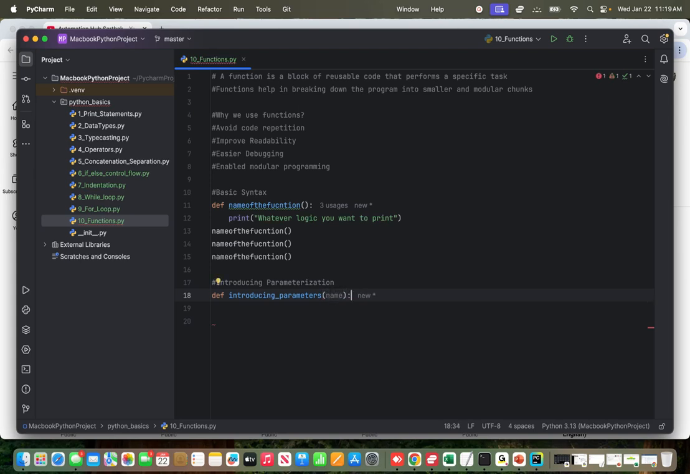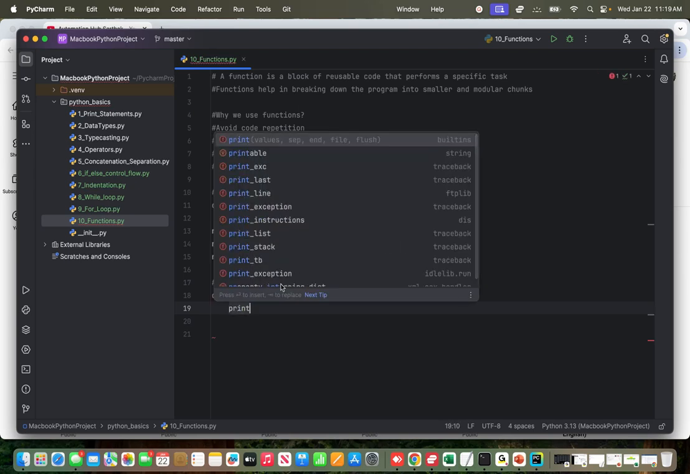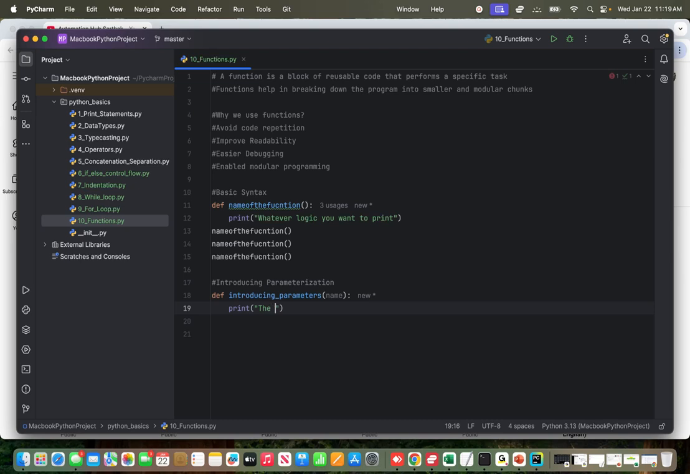Make double quotes, come here. Now indentation automatically comes in, and I'll write here print the model of the Toyota car is, you can write name, okay, and then you will call this